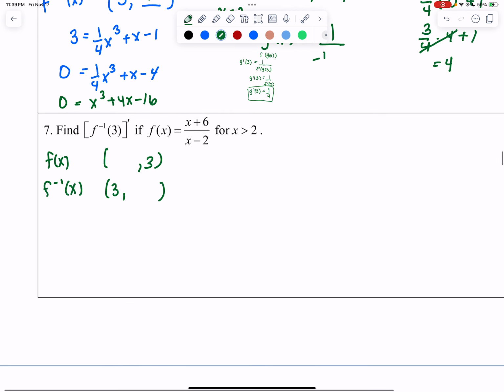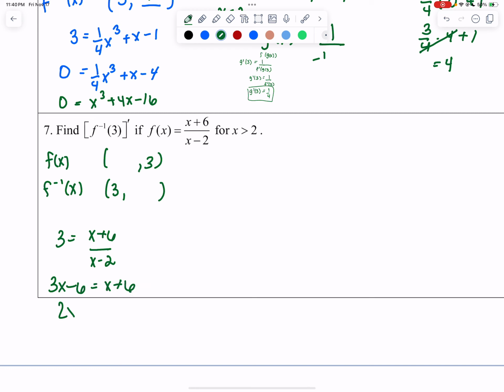All right, so now what you're going to do, of course, is set your lovely equation equal to 3 and then solve it. So you're going to get 3x minus 6 is equal to x plus 6. You're going to get 2x is equal to 12, which means that x is equal to 6. So that means that this is 6 and this is 6, which is going to be important because remember now,